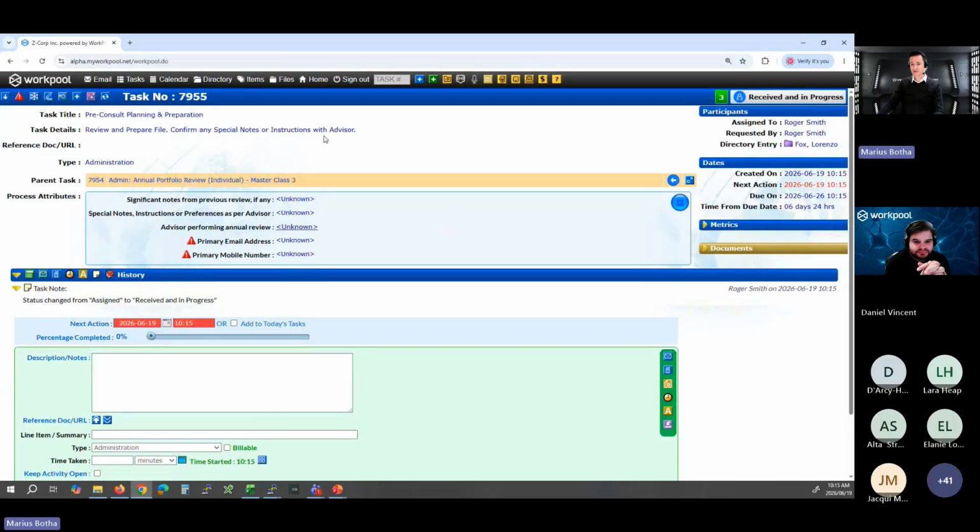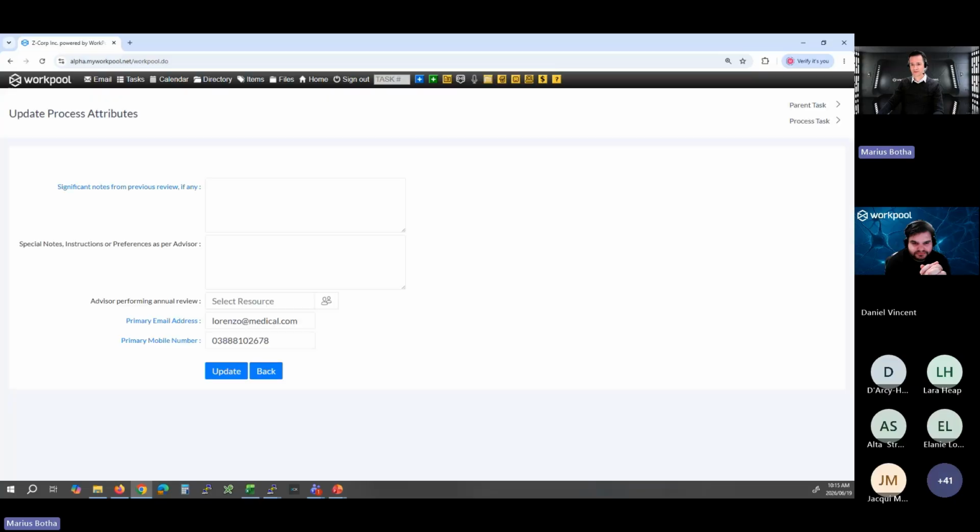Now, when the process starts, these fields don't have any information. It's pretty much empty. You'll notice that a red triangle has appeared over here to indicate that there's some kind of special action, and it tells you that this is actually linked to a view. So if I click on the blue bubble, you'll see it's automatically pulling the information from the view into this address. So if there's any significant notes, no, none,